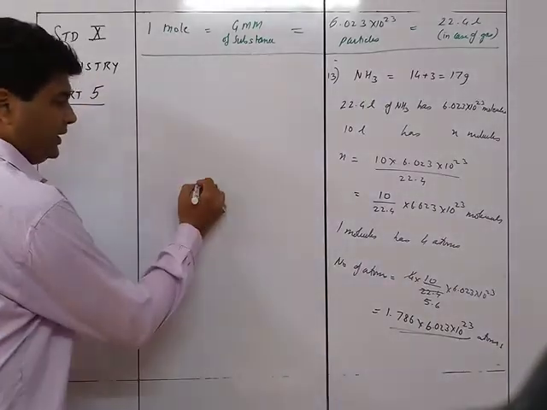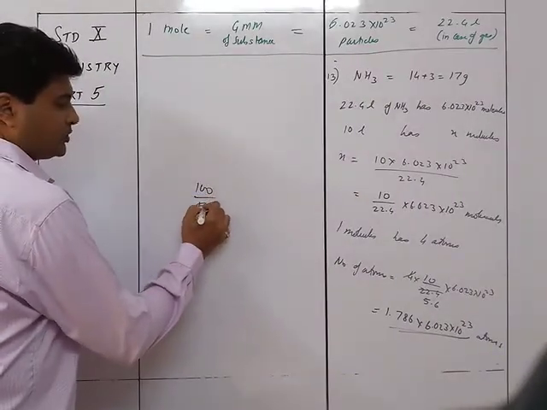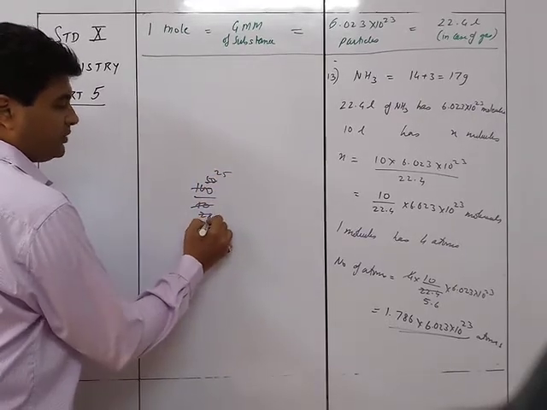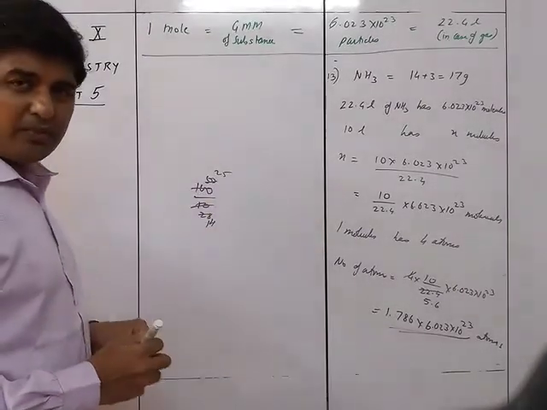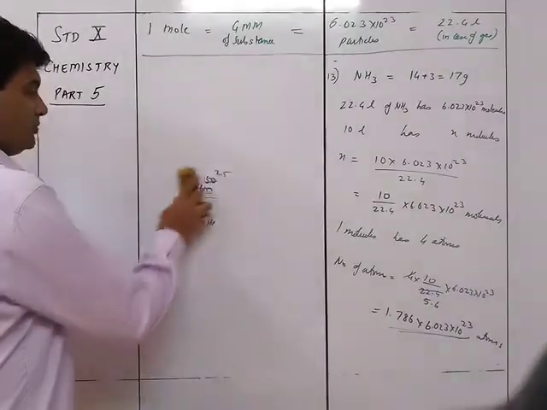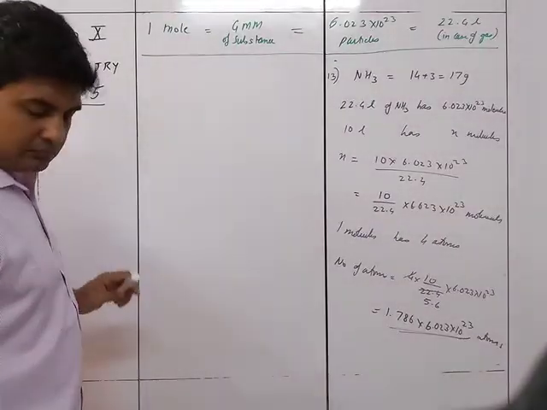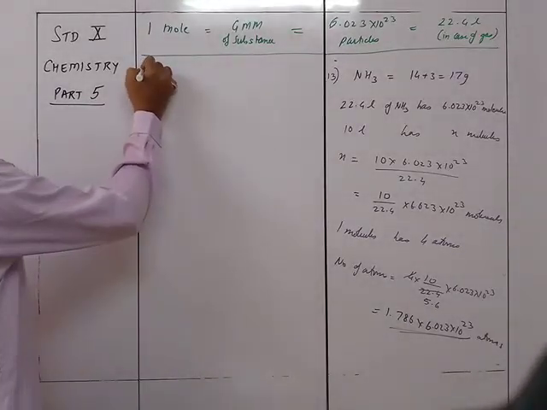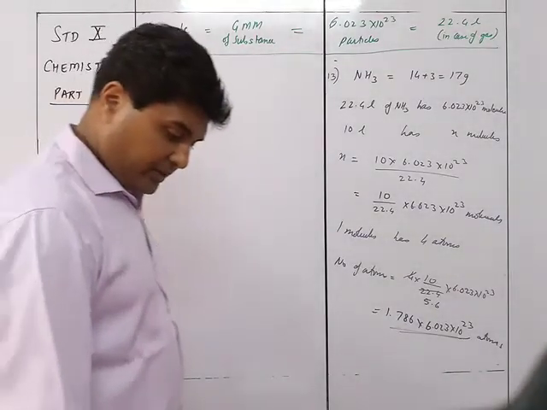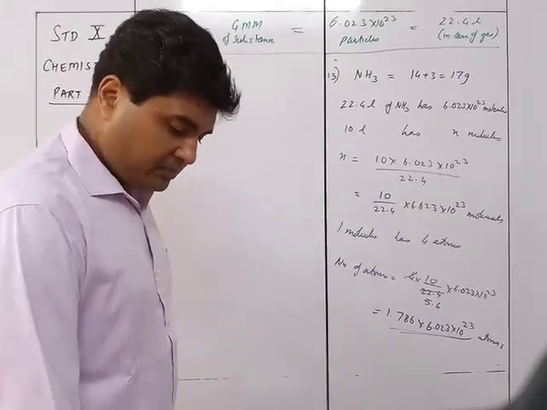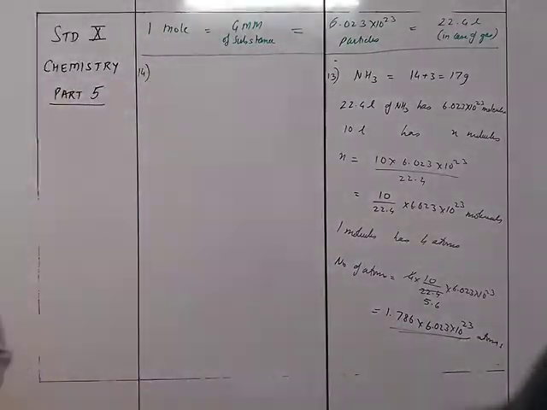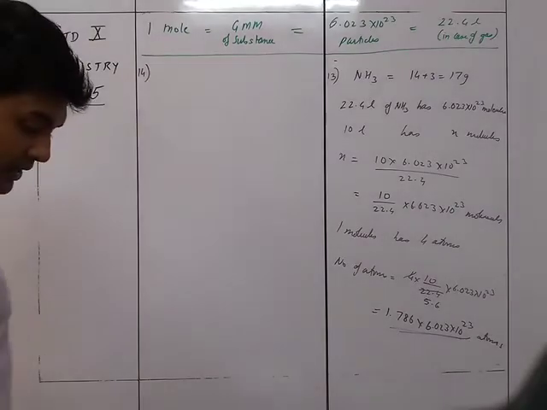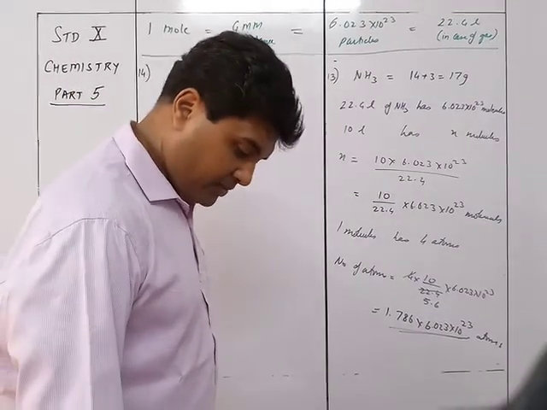So you can do it this way: 100 upon 56, then 50 upon 28, then 25 upon 14. Just leave it at 25 upon 14 and move ahead. You can decide when you want to do that sum. I think we'll continue with the 14th sum and then move forward.